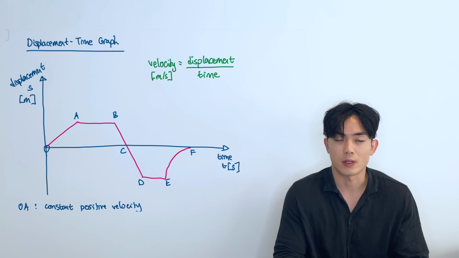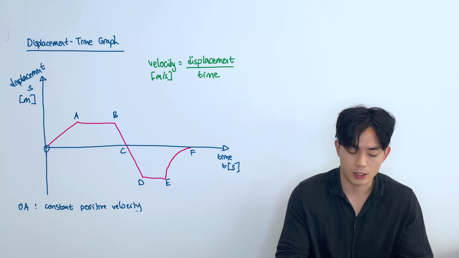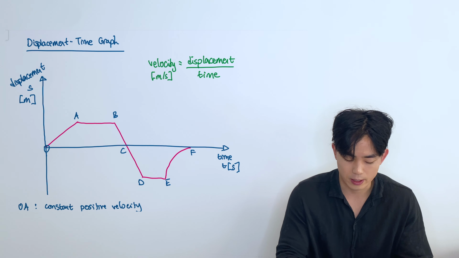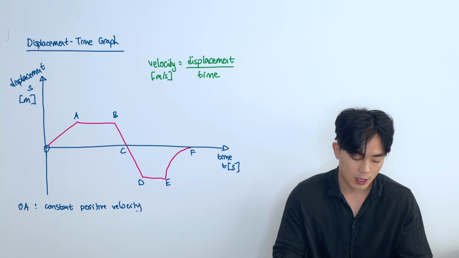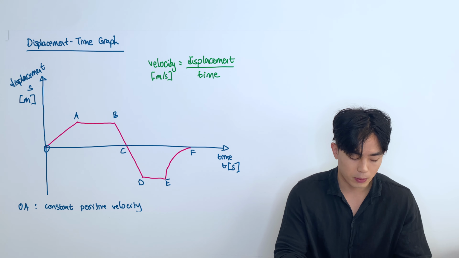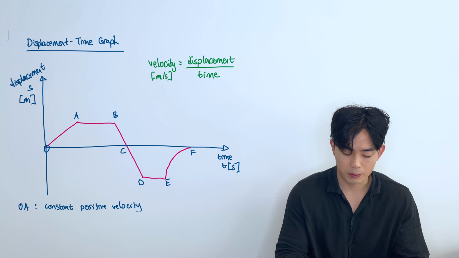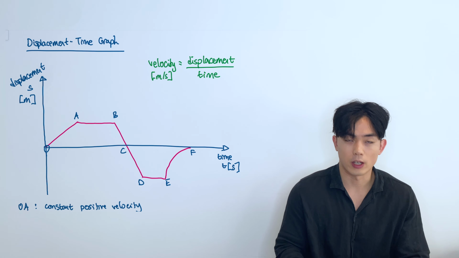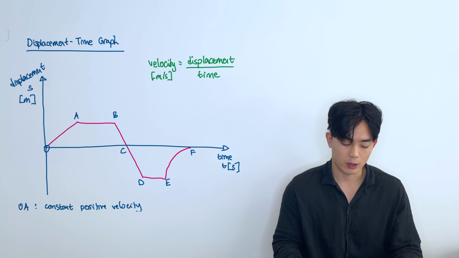We know what displacement is, right? It's the vector form of a distance, okay? So we're going to have displacement on the y-axis and time on the x-axis, as shown here. And as you can see, you have to get the units. So displacement, meters, is the length, and time, the units will be seconds. So make sure you apply the units to the axes. And then we're going to have a certain graph, which I've drawn an example here, where I've labeled A to